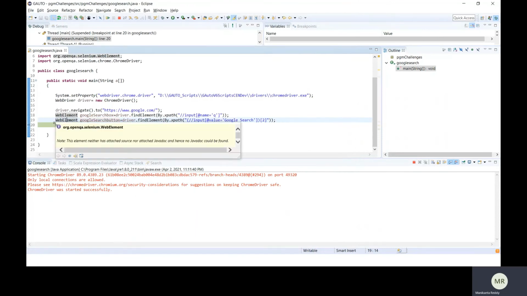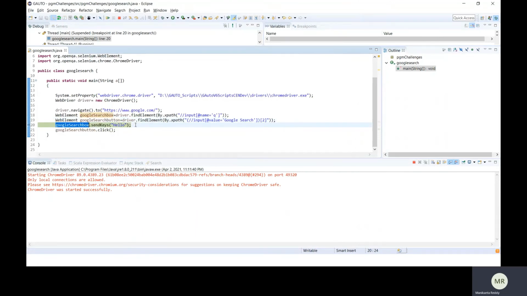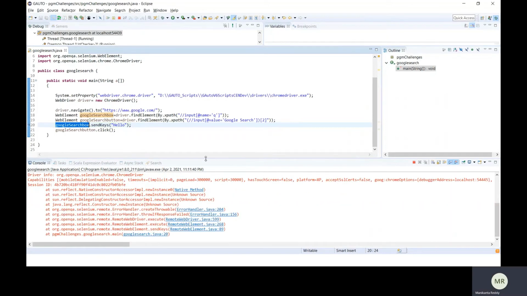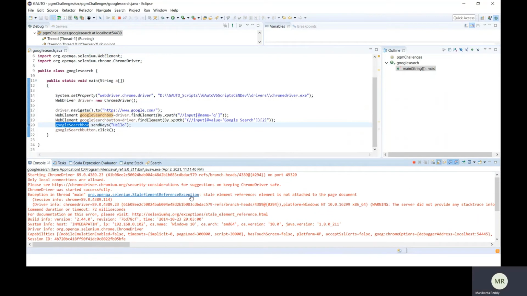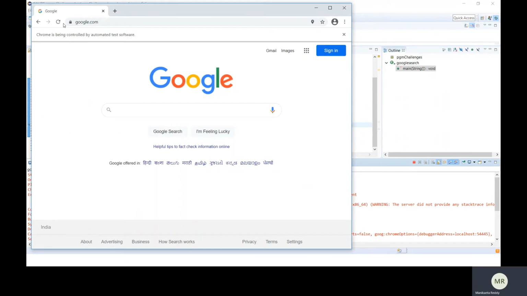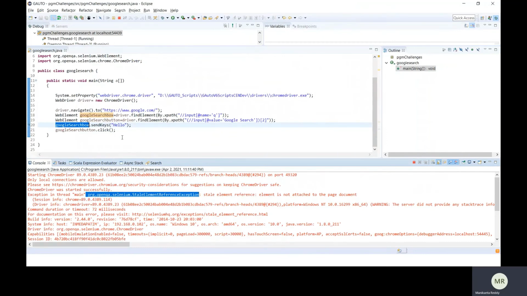So now I'm going to resume the script, which is going to perform sendKeys in the search box. So let me do that, and you know the result. Since the element is refreshed, we have the stale element reference exception. Here I manually reloaded everything, but in real time, an element is automatically getting refreshed from time to time due to the Ajax calls. So at that time you will have this exception. So now let me explain how to handle this.